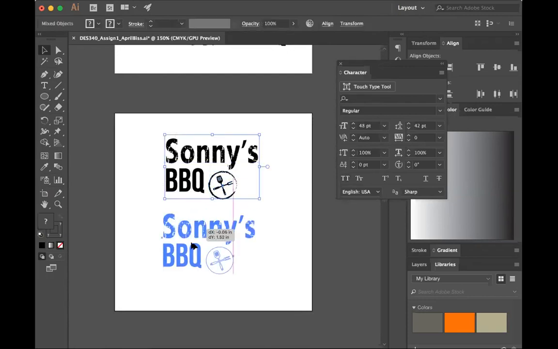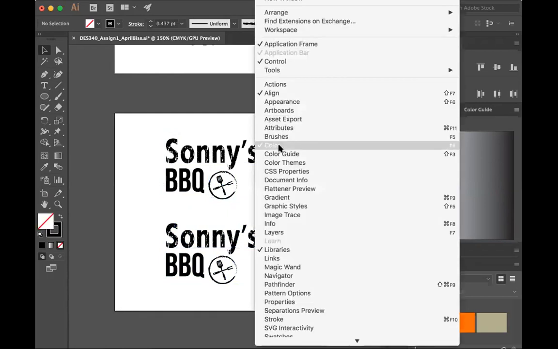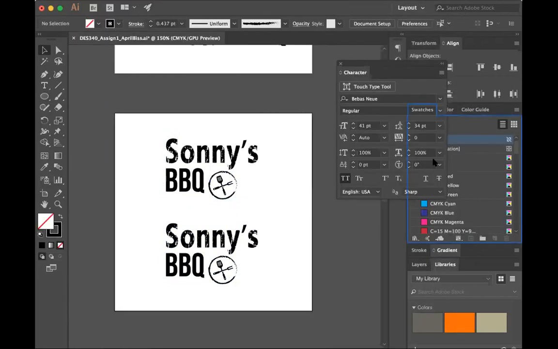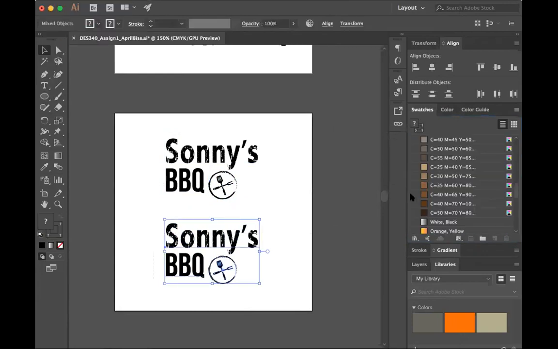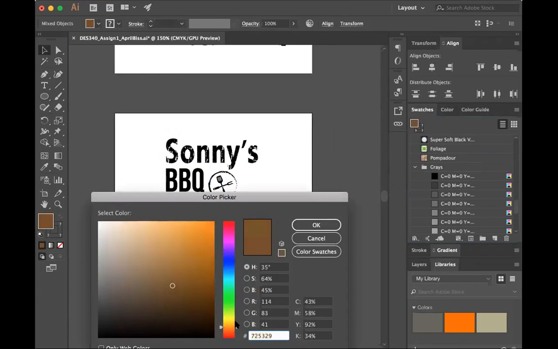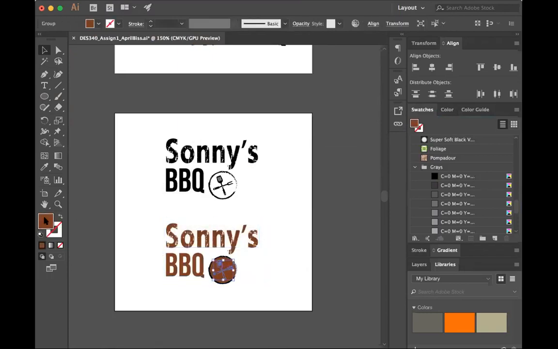All right, so if I wanted to do a color variation, I would stick with at least two colors that are good together. You could still stick with one if that's appropriate. I think this one I'm just going to do one, and I want to do a reddish brown, so this looks like barbecue. Do that barbecue look. Make this white.